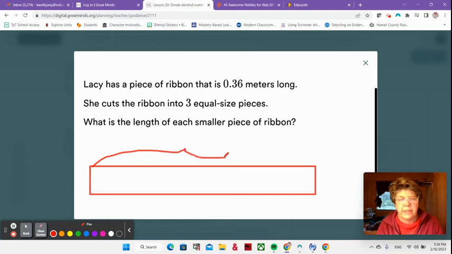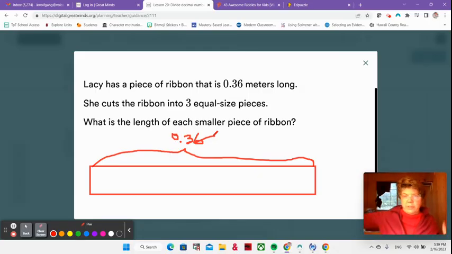And we know that our length is 36 hundredths meters. So a meter is one of those long measuring sticks that I have, right? Long measuring stick. And 36 hundredths of that is, right? 36 centimeters, or about a third of it, right? So it's not that big, and we're cutting it into 3 equal sides. Okay, so then we're going to have